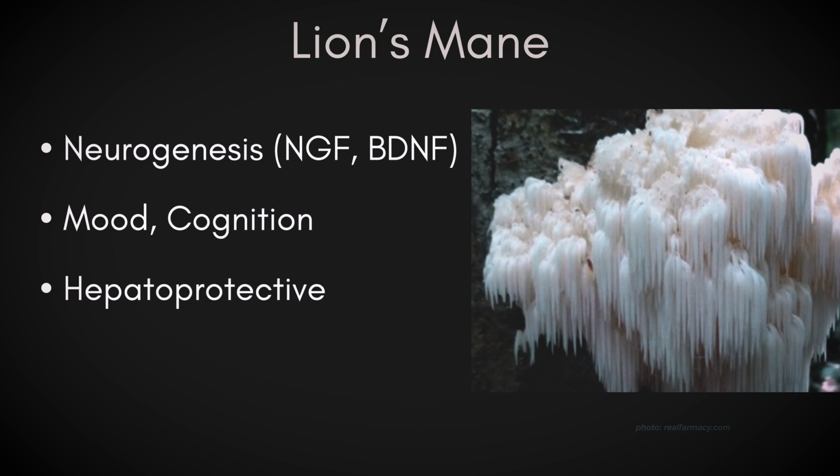And the nerves are the wires that help us do that. So we want to keep our nerves strong. So we have nerve growth factor, we have brain-derived neurotropic factor. Those are the NGF and BDNF. And what we're finding with lion's mane is that it's very active in terms of promoting nerve growth factor, which